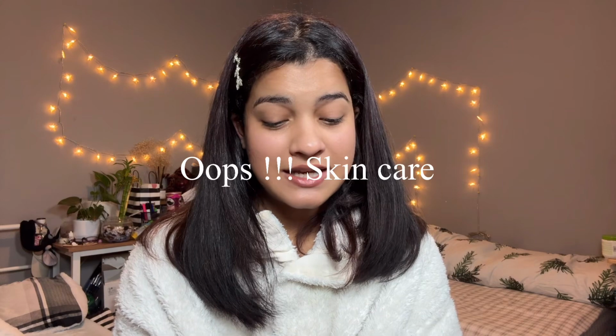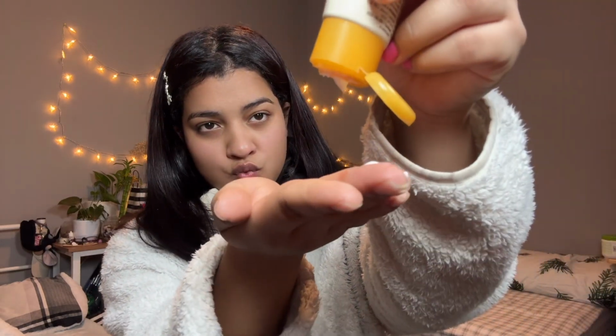Again, this is also the glowy one, and I'm obsessed with glowing makeup and skincare. So this much we're gonna apply. I just rub it on my hands and